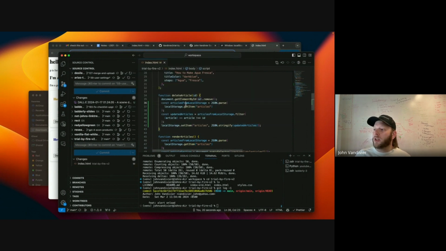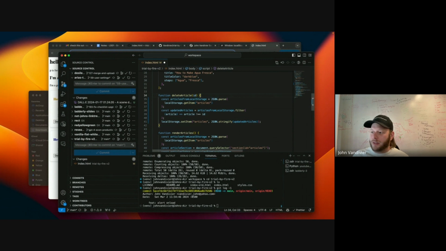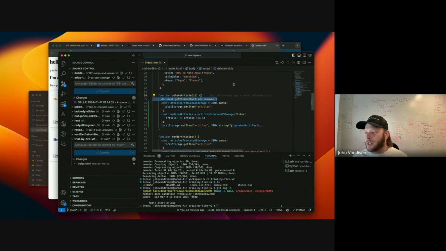So the first thing I do, previously I just deleted off of my HTML, right? But now after I deleted off my HTML, I want to save my change in the database. But it's a front-end database, it's local storage. Really, I should be doing this at the end because if there's an error with my database, I don't want to change the picture. That's debatable. Let's leave it like this. This one will give the user the faster feedback, which is nice in a different way.